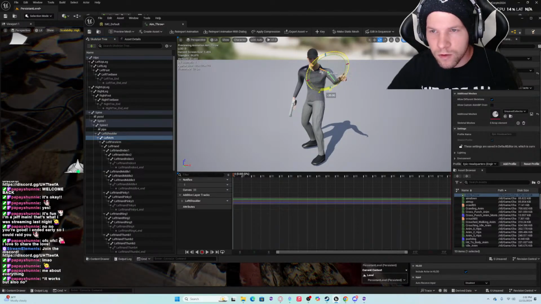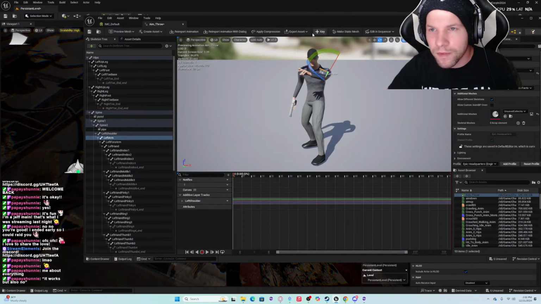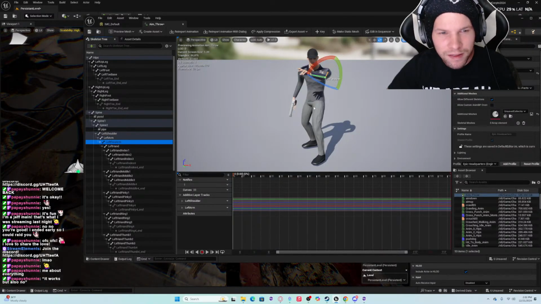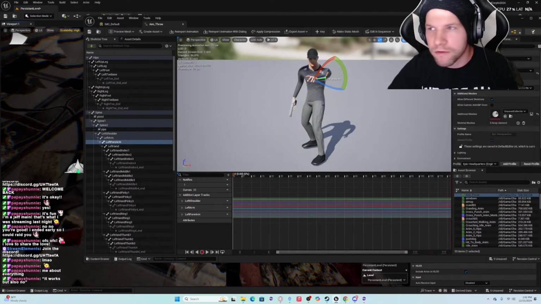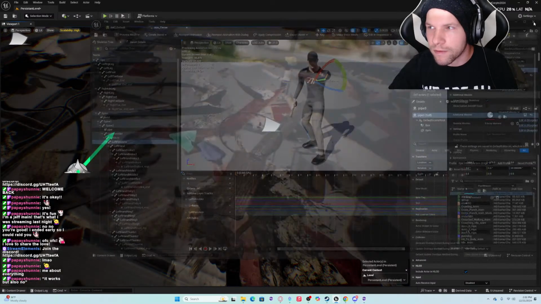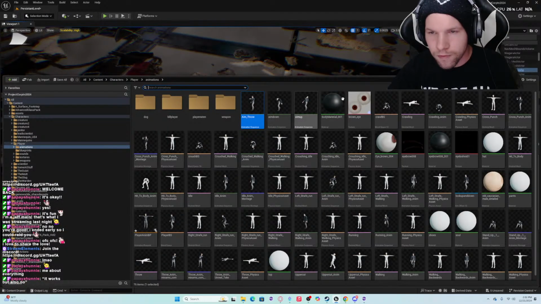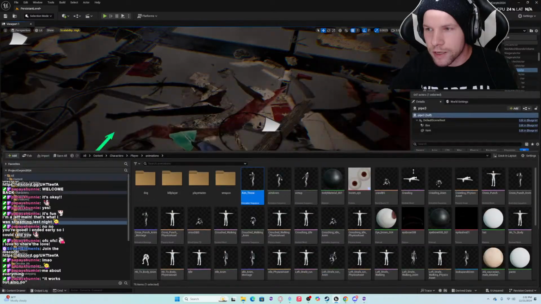Left arm, rotate it. Y. Something like that. Add key. Left forearm. Add key. Save. Okay. Now, let's go back to the